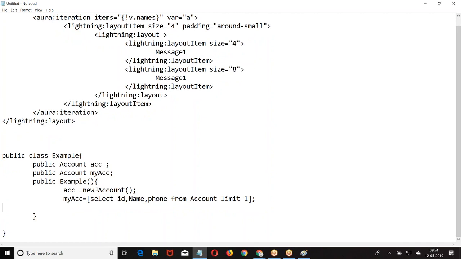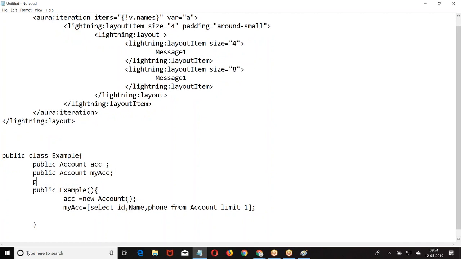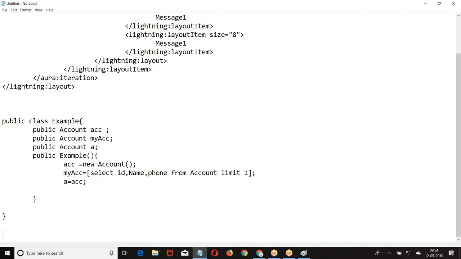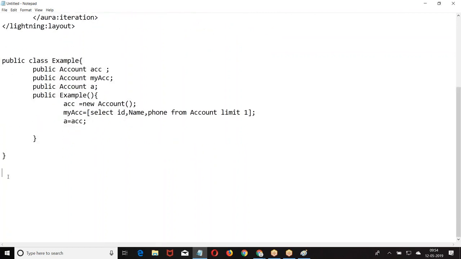Valid or no? These are the ways in which you are assigning. In the scripting also, attribute name equal to ACC, type equal to account.